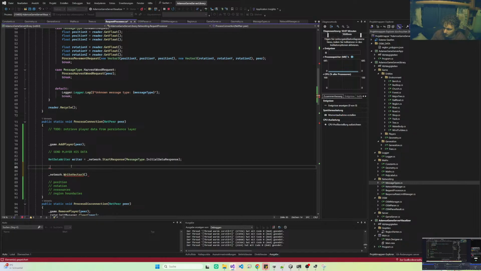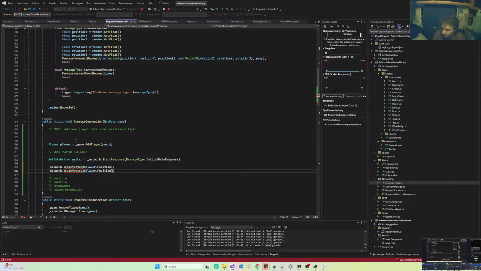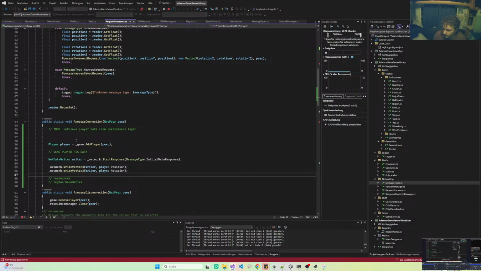So then we say player like that. Then we're gonna write player position. Then we're gonna write the rotation, and then the resources, which will start with